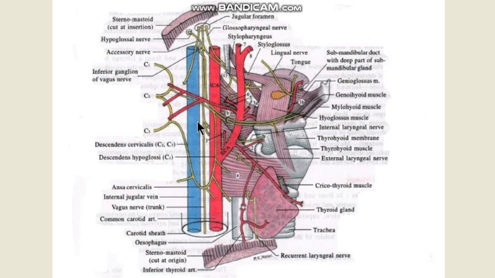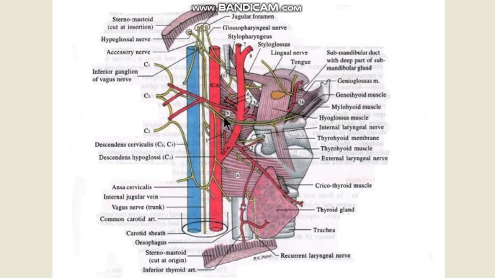Then you have the internal jugular vein and its tributaries, and you have a part of the spinal accessory nerve, a little bit here in the anterior triangle. Most of it is going to the posterior triangle. So a little bit of the spinal accessory nerve. You have a loop of the hypoglossal nerve. This is the loop of the hypoglossal nerve here, passing through the anterior triangle and going up into the digastric triangle. So as part of the hypoglossal nerve here, including the loop of the ansa cervicalis.